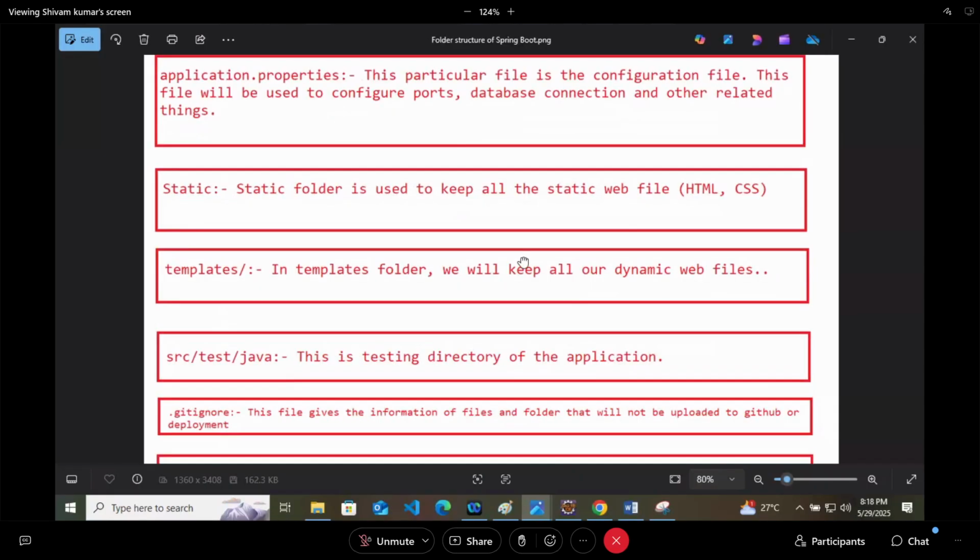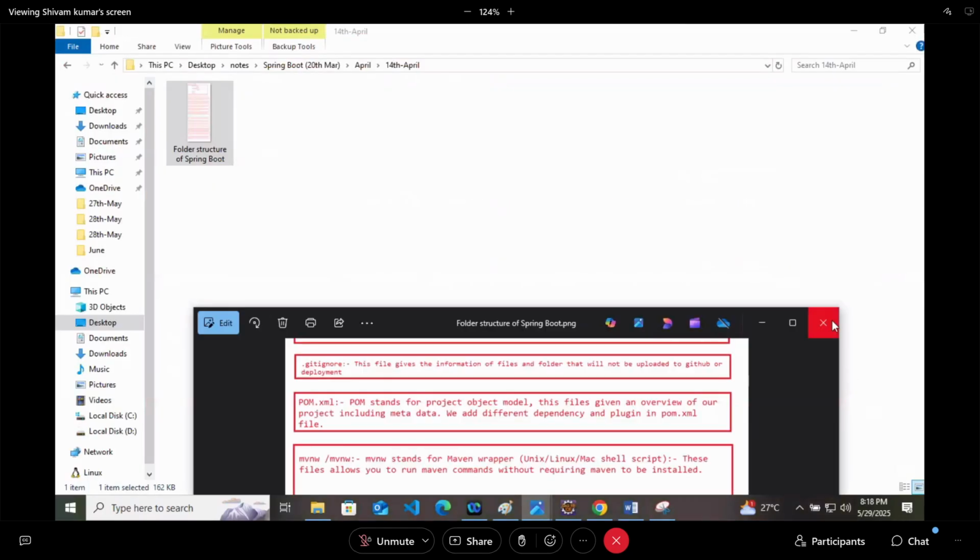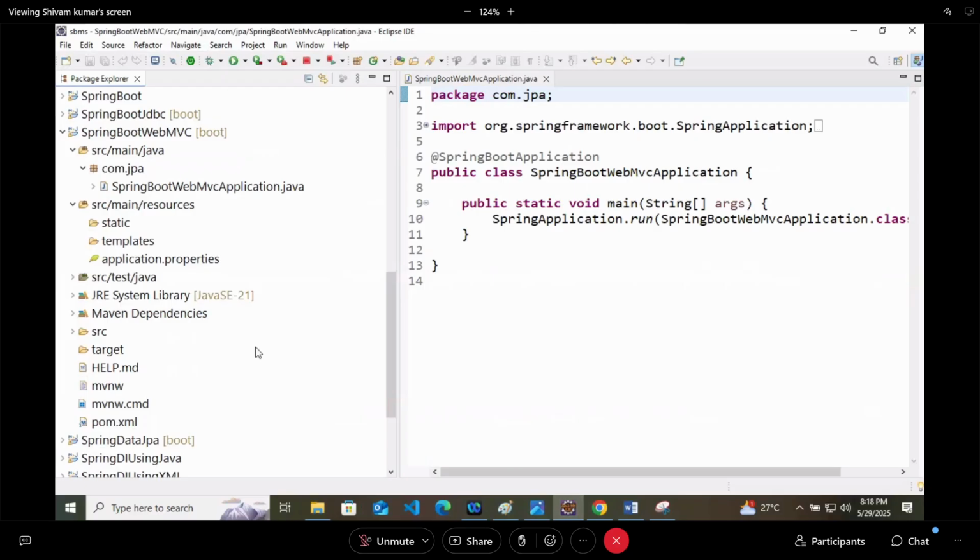Now, if I create one HTML file inside this static folder, I will create an index.html file like this. In the static folder, we will create the index.html file, and let's write some boilerplate code.